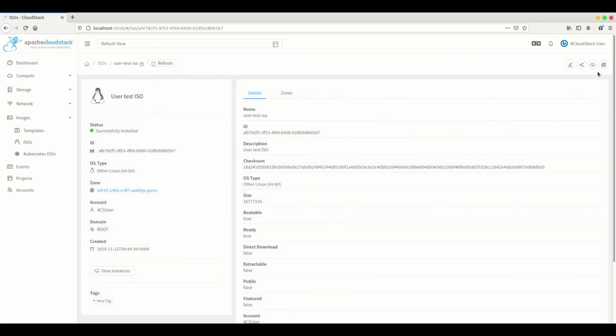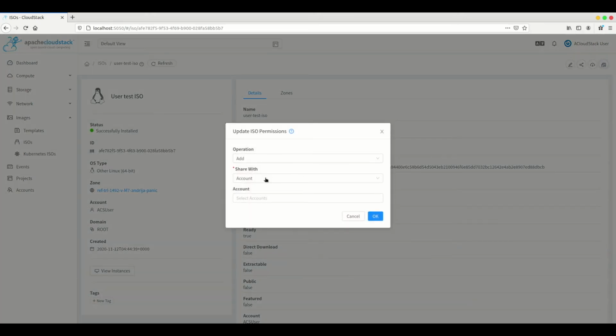So update ISO permissions. So notice that now select the accounts will show me the two remaining accounts which do not have the ISO shared. So if I want to remove one of these accounts, I will see account 2 and account 3, which I have already added permissions. So in this example, I'm going to remove account 2,